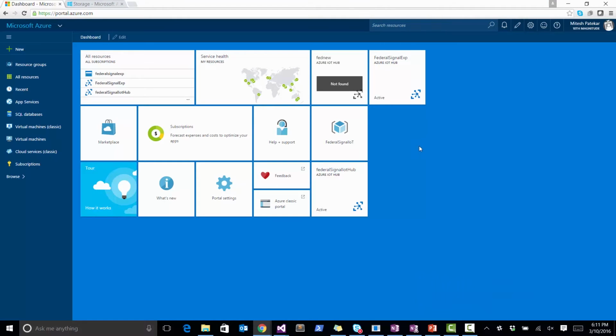So this is the new Azure portal. Is anyone familiar with the Azure portal? Okay, good. We have the classic old portal, and we have the new Azure portal. The first thing when we start implementing IoT is to create an IoT Hub in Azure. As we mentioned, it's a PaaS service, and the way you can create it is